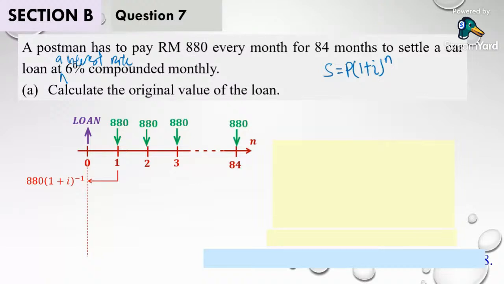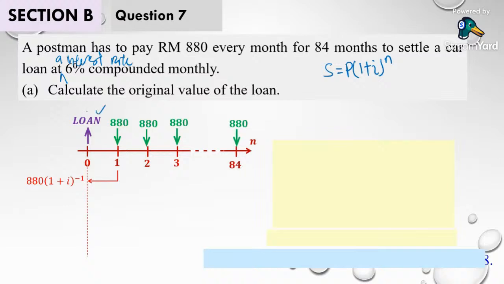Compound interest and annuity are related, where compound interest is one single payment, one single transaction. Annuity is with multiple transactions. With that condition, we have the same amount of regular payment, the same compounding periods, and also the same interest rate throughout each of the regular payments. Okay, anyway, let's try to see the idea here.